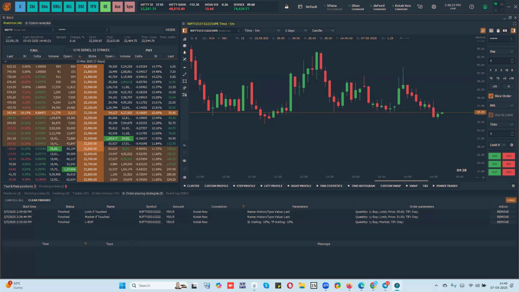So, margin implication with using stop loss. When you're placing local orders, all the orders will remain in your system. It will not utilize any limit unless you have an open position. It will always be your local orders. Only when the order goes to the broker should you have enough margin at that particular time. Otherwise, the order will get rejected.